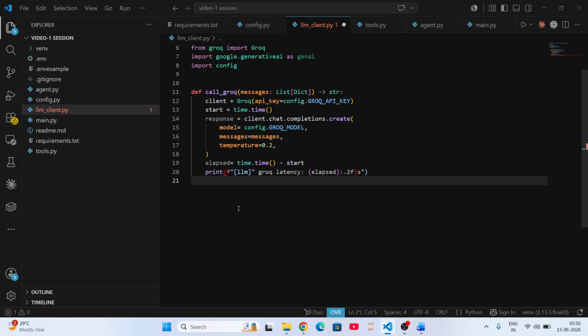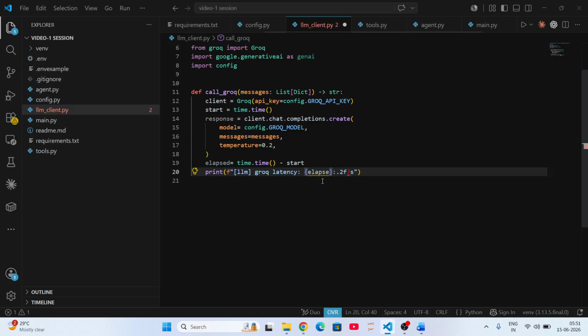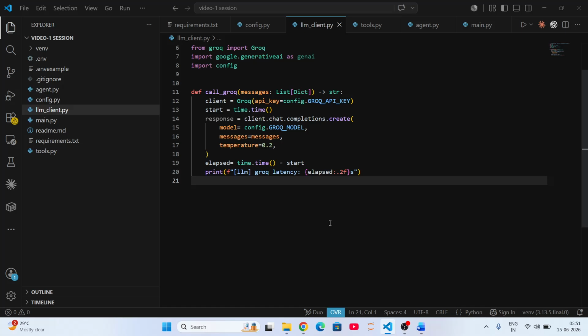Okay, we are starting with this one. Let me check. F string is there. LLM. Okay, I had added one extension here extra. That's fine now. Okay, that's fine. Elapsed is there. I'm also going to remove this one as well. Sorry. Elapsed, and f string is there. LLM Groq latency elapsed .2f s. Now